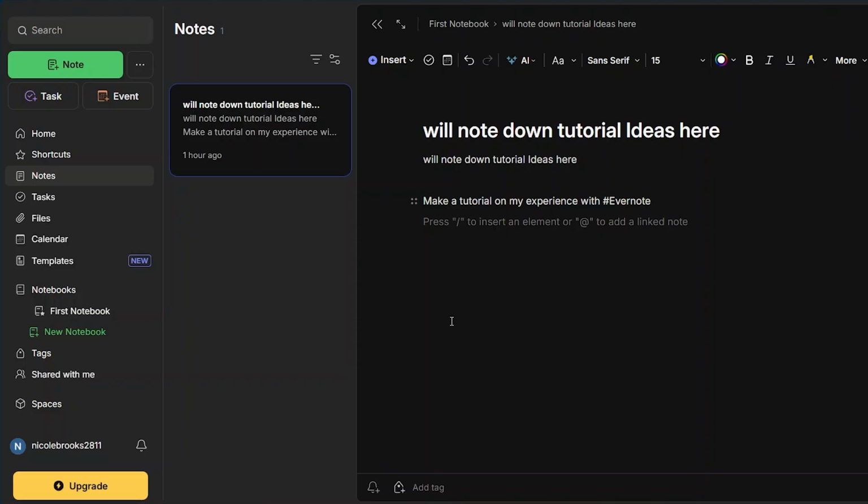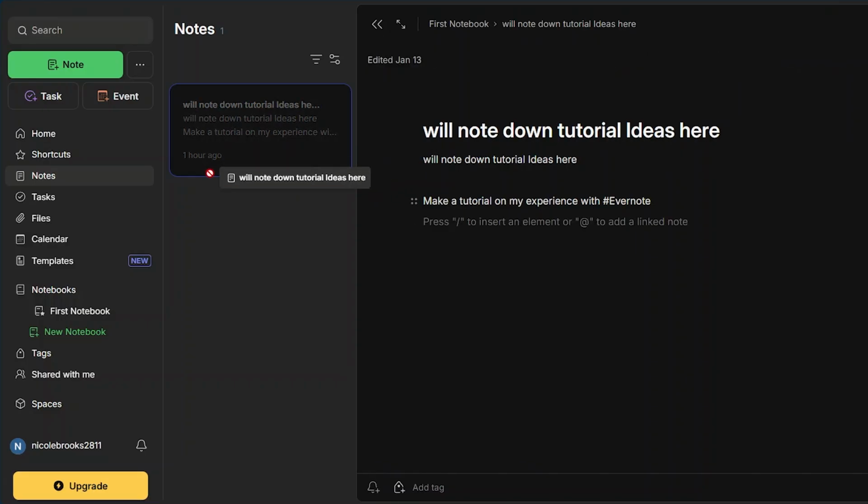Now let's look at Evernote. Evernote is one of the classic note-taking tools with a strong search engine, multimedia support, and web clipping. It is a classic note-taking tool because it supports a traditional style where you just come in and you start taking your notes, and then you can put them into whatever category that you want to put it in. So you don't have to worry about organization right at the start. You just take your notes and then it'll be organized, and that is basically the kind of traditional style that a notebook would have. But Evernote would be different from traditional in the way that it is just a digital